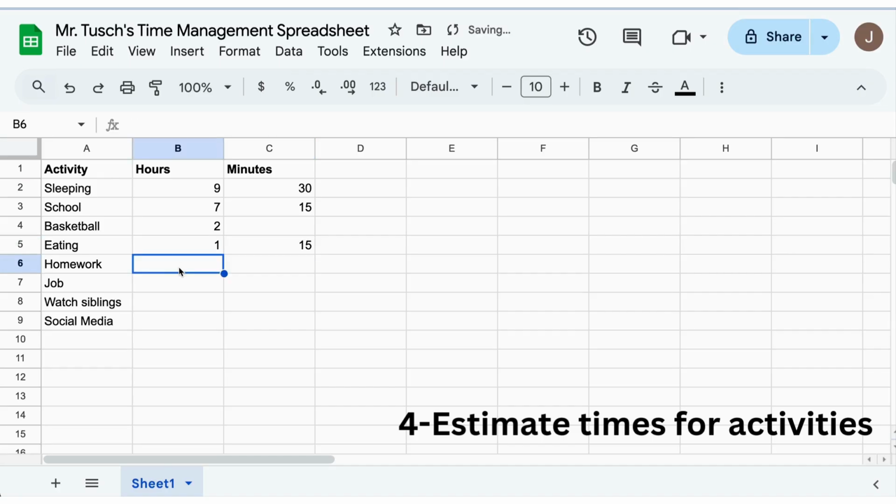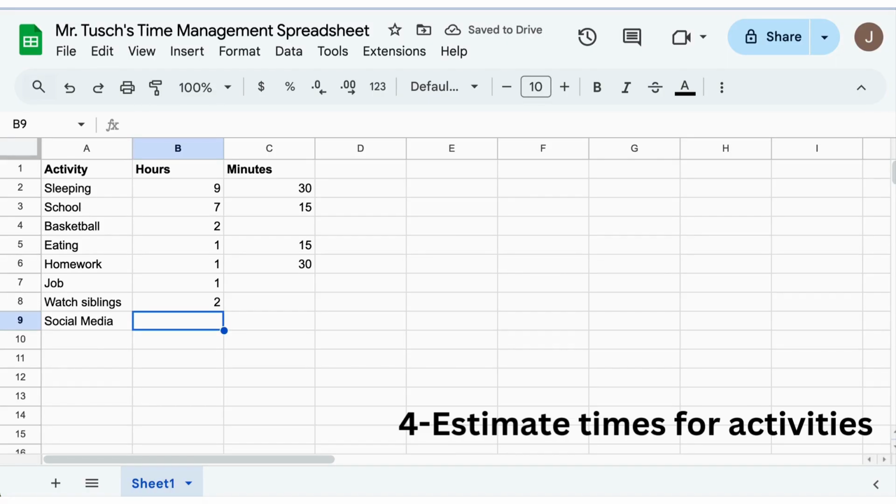Homework. Well, if you're a good student, you might be spending as much as an hour and a half, maybe even 2 hours doing that, right? What if you work a job? Well, if you only work a couple days a week, I want you to average it out, but maybe you only work an hour on average, maybe a total of 5 hours a week, right? Now, sometimes maybe you have to watch your siblings. Maybe that takes 2 hours during the afternoon. Now, maybe I'm just doing this well, and we'll find out.